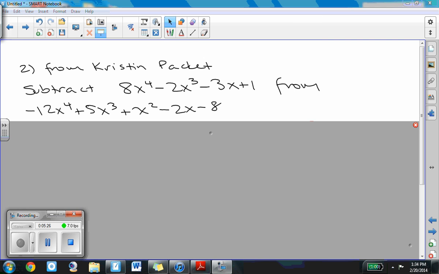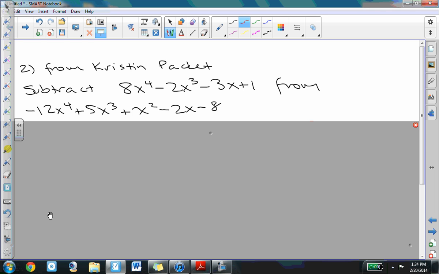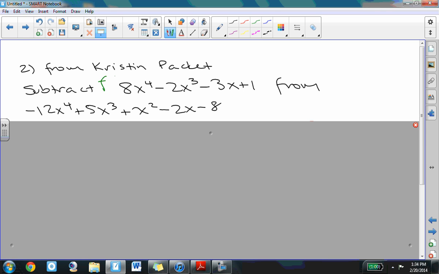Okay, we're back. So this is number 2 from Kristen's packet. And it's much like the one we did before. But before we go and reveal the process, I want to point one thing out, which seems to maybe be a helpful idea. The idea is that if we were to call this f of x,